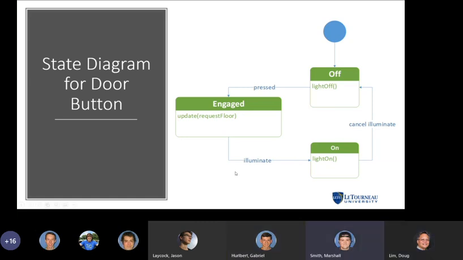Caden put something inside the chat. He said, the request for is unique to each button, as a question. The request for is unique for each button. Yes, that's right. So that is a state of the door button or the floor button. I think I changed the name of it. I think I called it floor button somewhere else, and now I call it the door button. So that's another mistake. A door button, I don't think, was even one of the classes I laid out. But yes, it should be a floor button, I think.